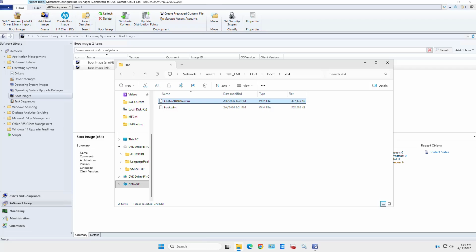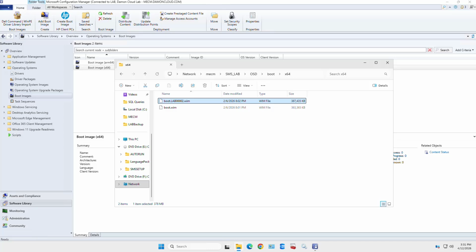Like if you're troubleshooting and your task sequence isn't loading, let's make sure that that boot file that's specified in the task sequence actually exists in that share. So once again, you're going to follow a similar path in your environment to this right here. That's one of the troubleshooting steps. I know that's kind of jumping ahead like 17 different steps, but as long as we're talking about the boot image right now,